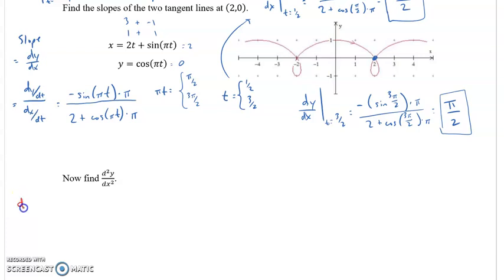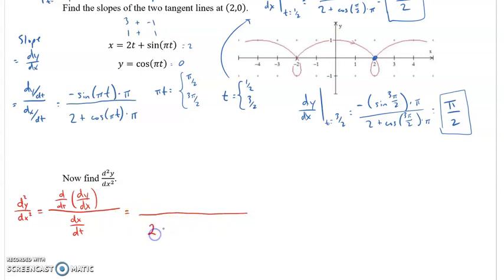So remember, we're going to find the second derivative of y with respect to x, d squared y dx squared, and that is going to be taking the derivative, as we saw earlier, the derivative with respect to t of dy dx divided by dx dt. Now the good news is we already have dx dt. dx dt is this thing right here. So the denominator of this fraction